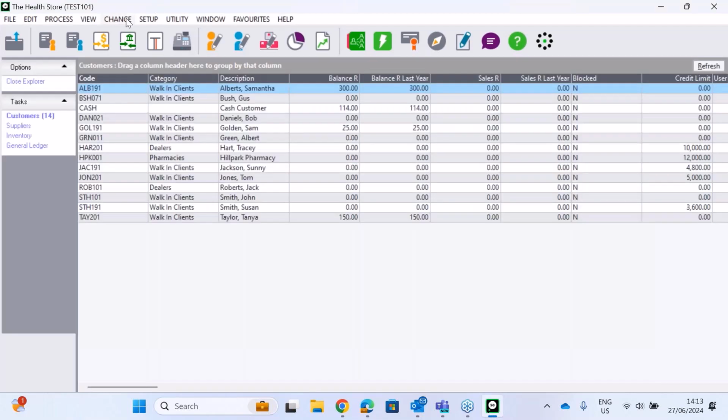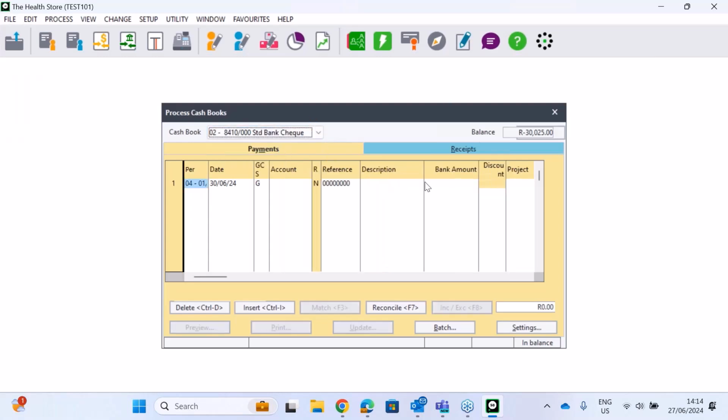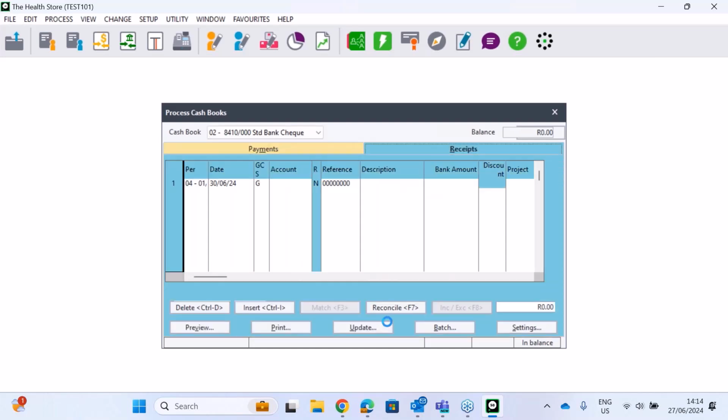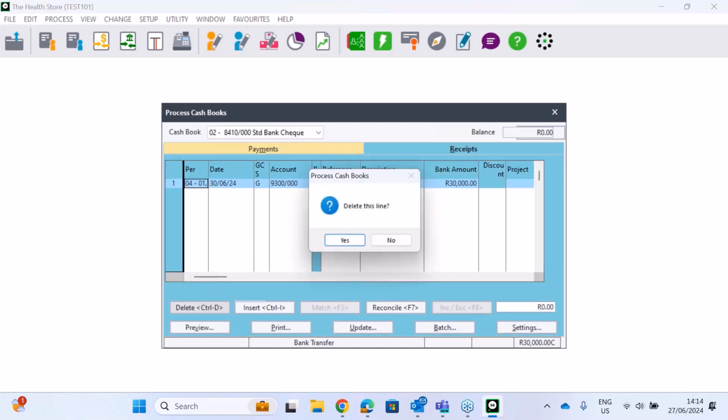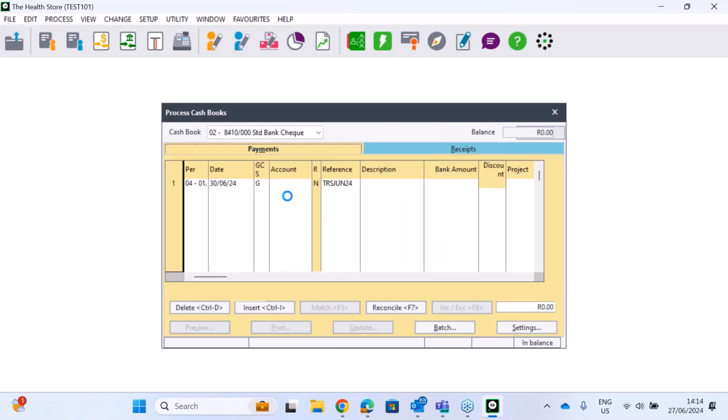Now, if we did not do that, or if we transferred directly between the two cash books, that would not happen. So here, for example, if you don't do the other side of the transaction, this will not show in your bank recon. Likewise, I just want to actually